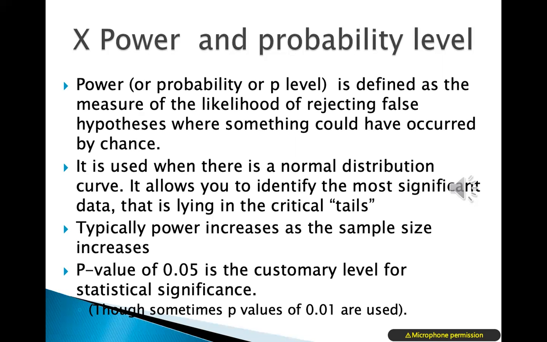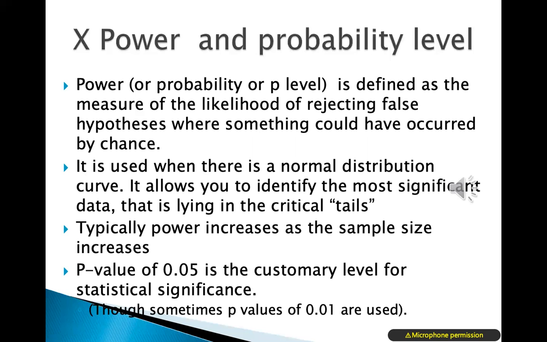If we say that's not good enough for me, this statistical study is too important to risk making a false claim, then I will set the P level at 0.01. That means that out of 100 times, 99 times the right claim will be made, and less than one time would a false